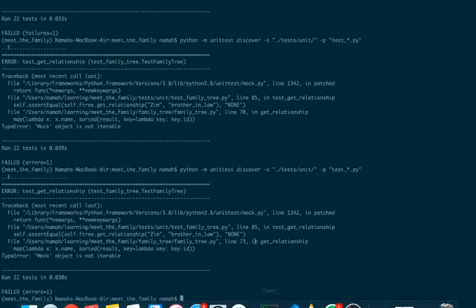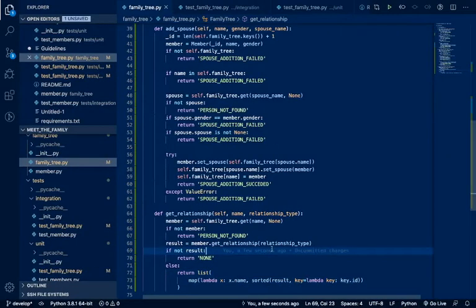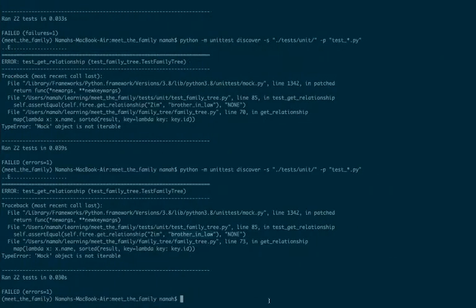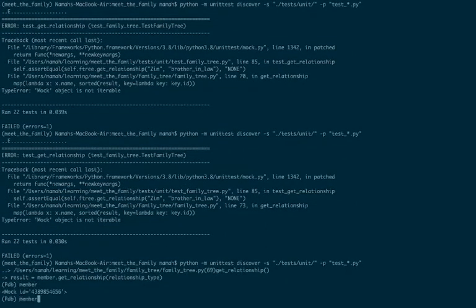Okay, we still get the same error. Where is that? So f3 dot get relationship, and sure we mocked that out. Let me just quickly import a PDB over here, set trace over here, then let me check. So the member is mock and the member,